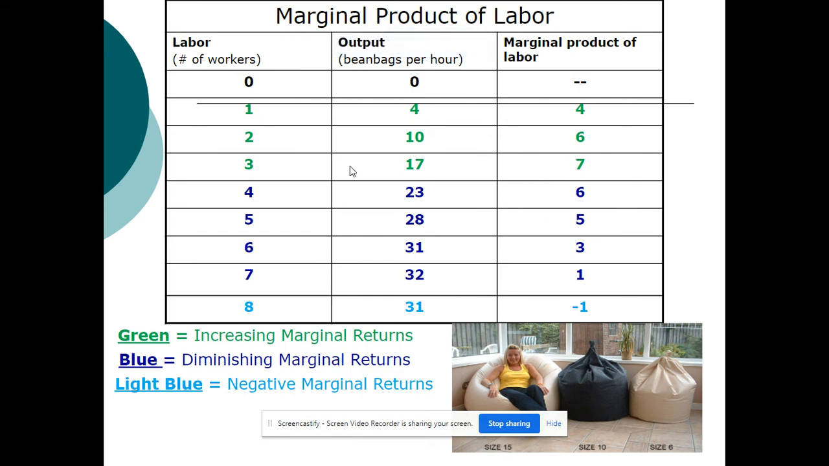We're looking at a chart, really a cost schedule for labor. So if you have 0 workers, you're not going to produce anything. You're not going to make any money. So you're never going to produce 0. So that's just pointing out that you're not going to make any beanbags. You have no workers. Now, if you only have 1 worker, that person's going to shoot out 4 beanbags in